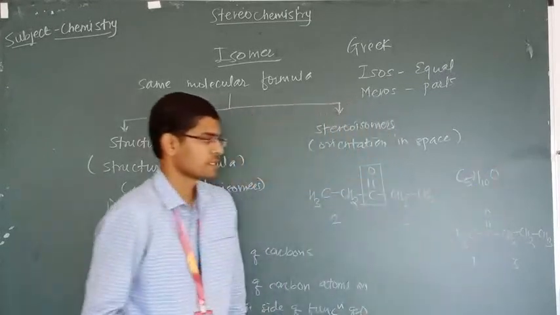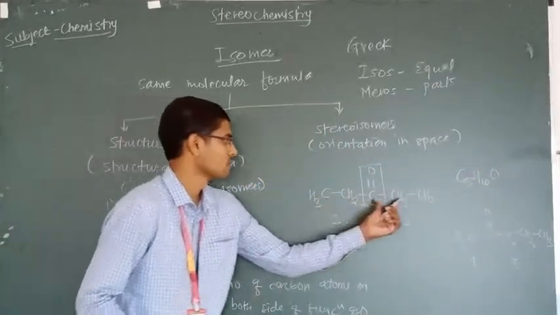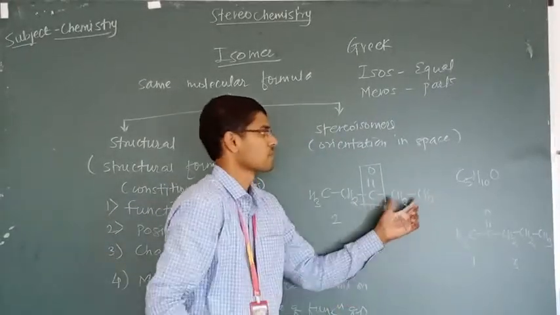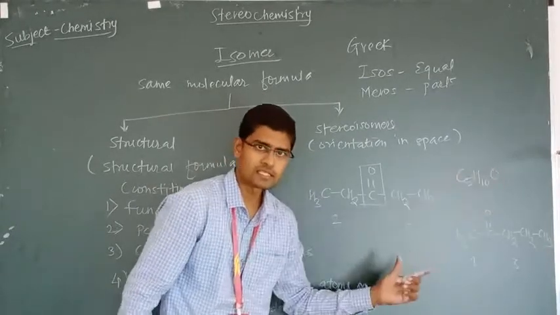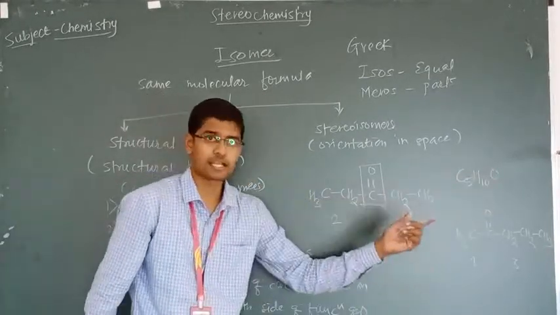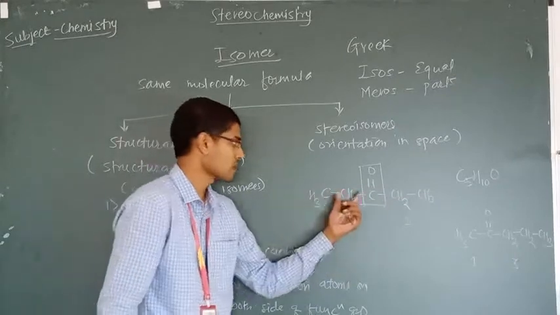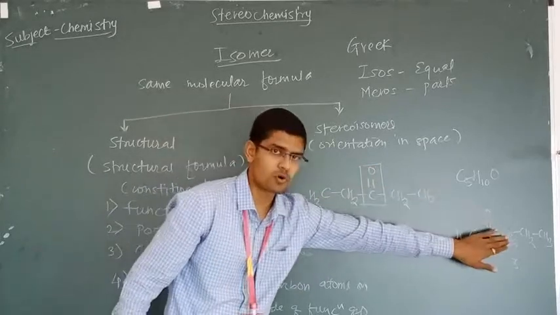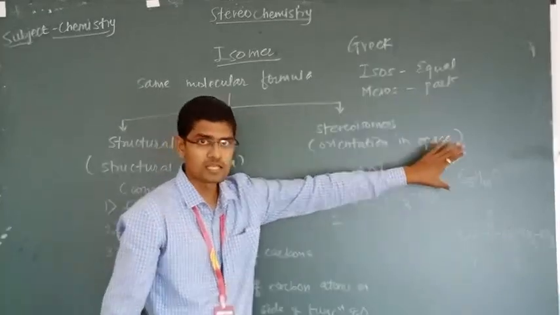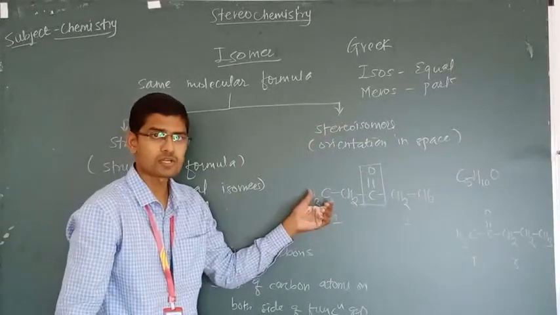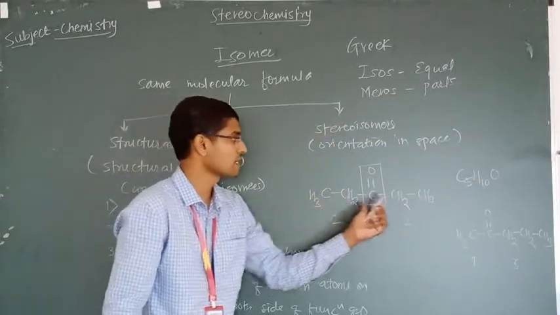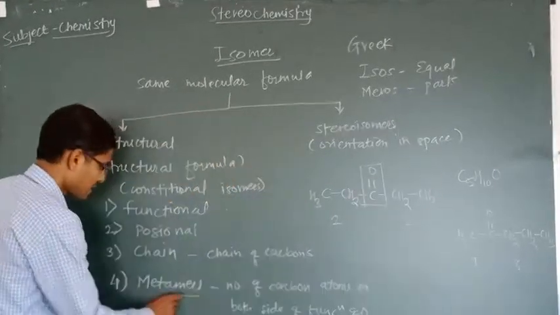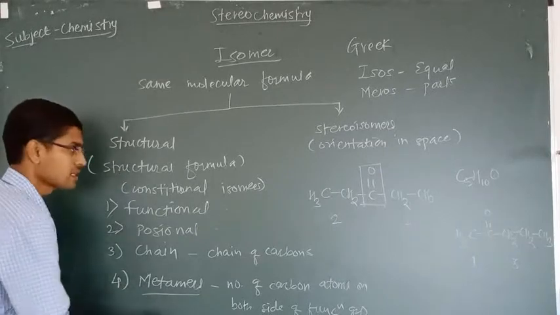C5H10O. But the difference is in structure. And again, what is the difference? The number of carbon atoms on either side of the carbonyl carbon. So these types of compounds have the same molecular formula but different structural formula. And what is the difference in structure? The number of carbon atoms on either side of the carbonyl carbon, or either side of the functional group. These are called metamers. And the last one is